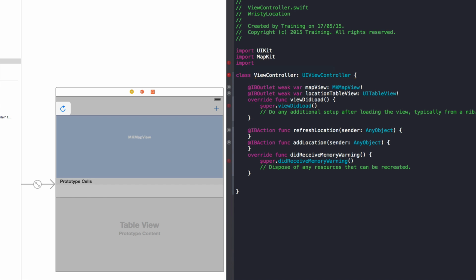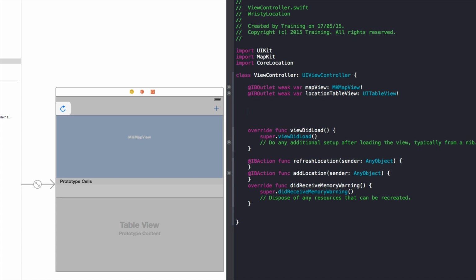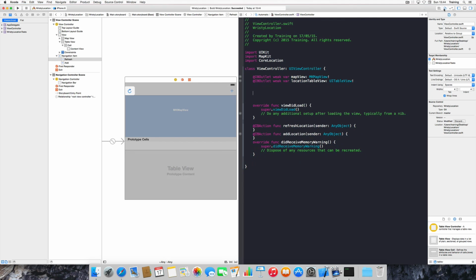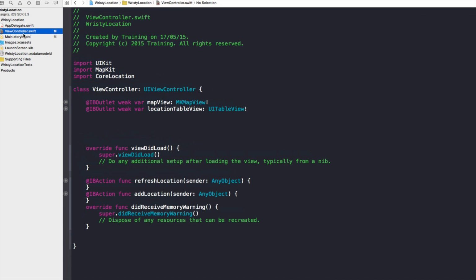And we will need to import one other library here, which is going to be CoreLocation, so that we can use the CoreLocation classes. And the first class that we are going to use as a property here in our view controller, so let's close the assistant editor and open the standard view controller Swift file. So what we want to do next is create a location manager. So let's add this property, locationManager, which is going to be a CLLocationManager. So the CL stands for CoreLocation,